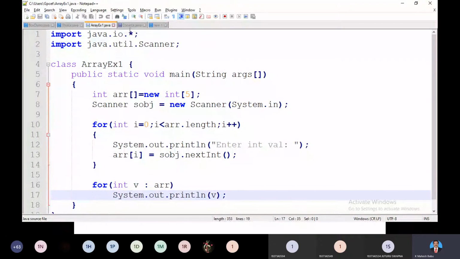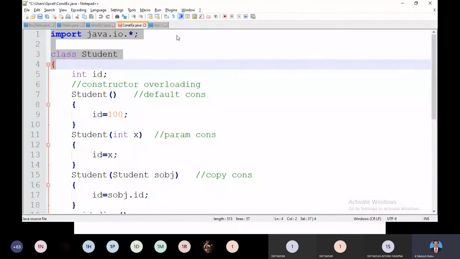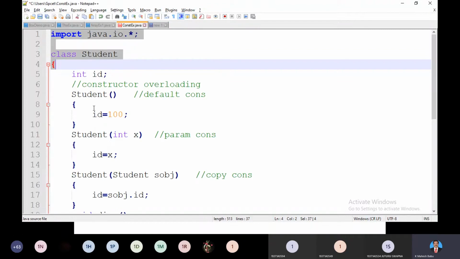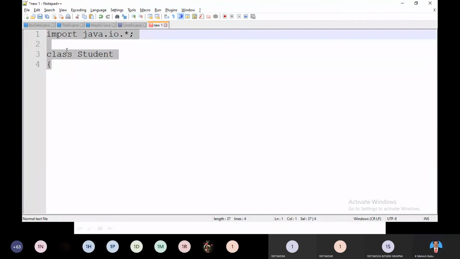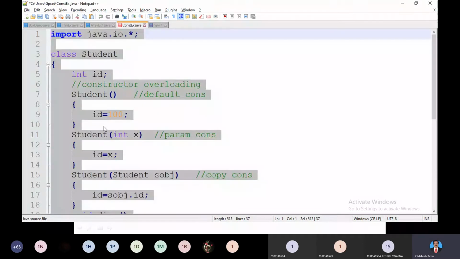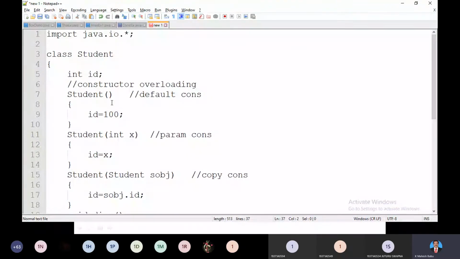I'll take a simple example. I'm taking the same example, and I'll copy the entire content and paste it here, and remove certain things.